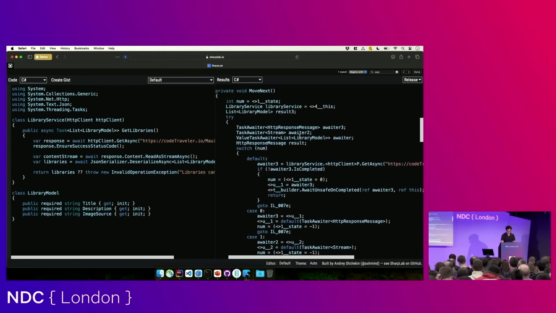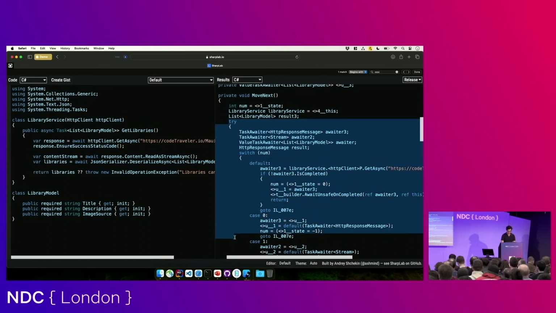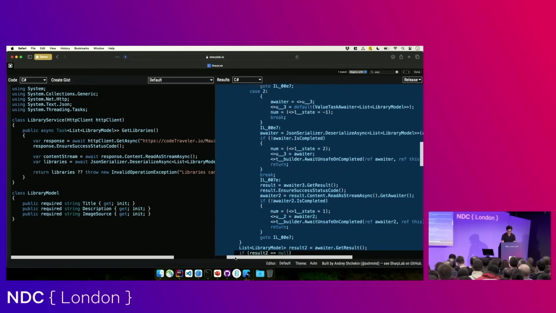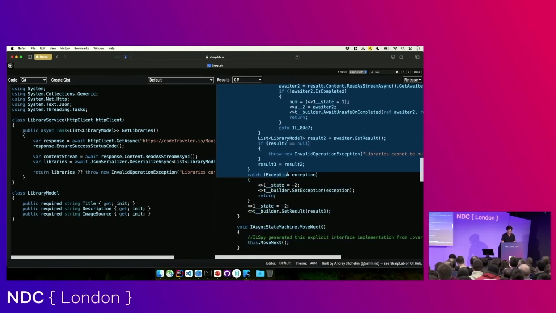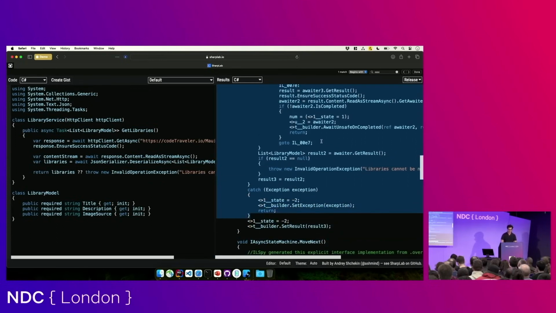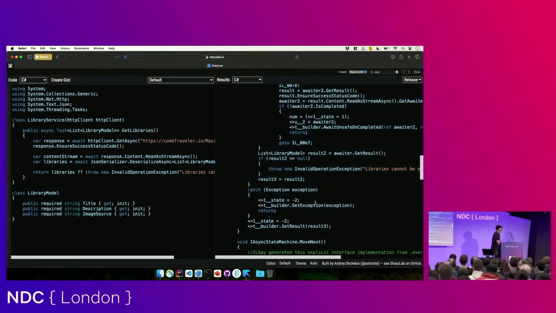But what I want to highlight for you is this try-catch block here. And if you look, this try-catch block consumes the entire code. So this try-catch block, again, I didn't write this. I don't have a try-catch block in my code. But this try-catch block takes all of the code from our async task method and puts it inside of a try-catch block, which means if any of my code throws an exception, it gets caught right here. It gets caught in this exception handler. And this is okay, because as long as you use the await keyword, this exception gets rethrown. But when I was first learning async and await,